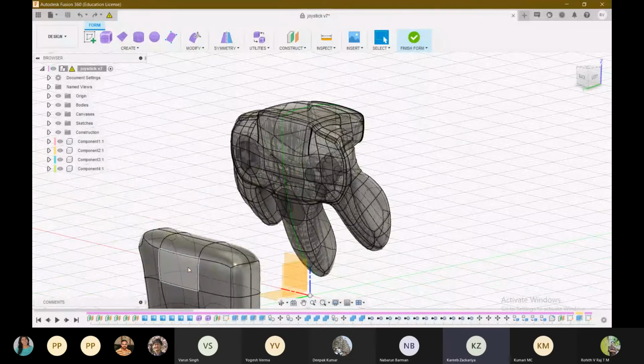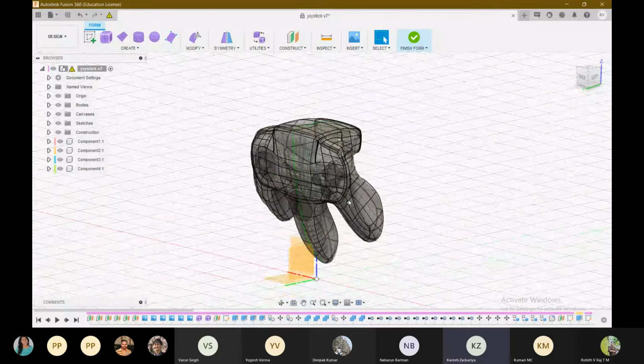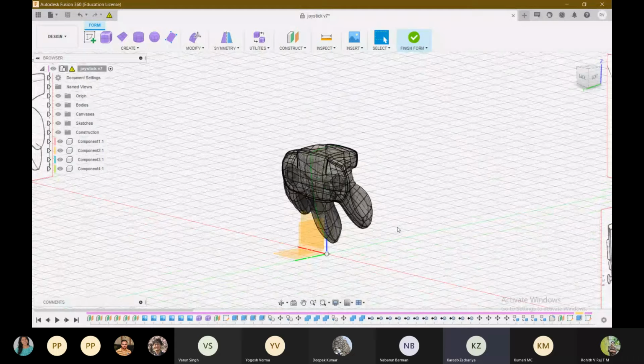So the takeaway from your assignment is subdivide and adding points. Conversion from a five-sided face to a four-sided face, so that it doesn't become clumsy, so you have control over each corner. Yes, so that is one.